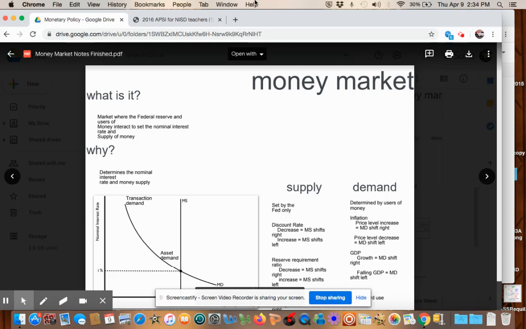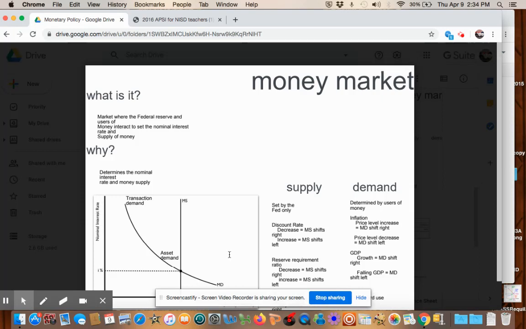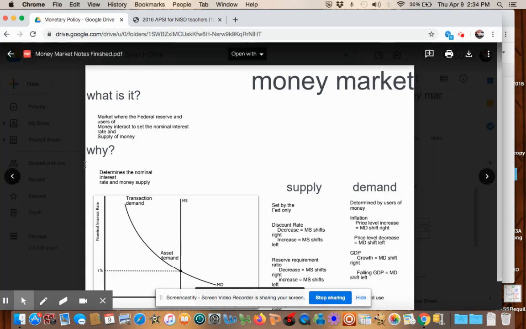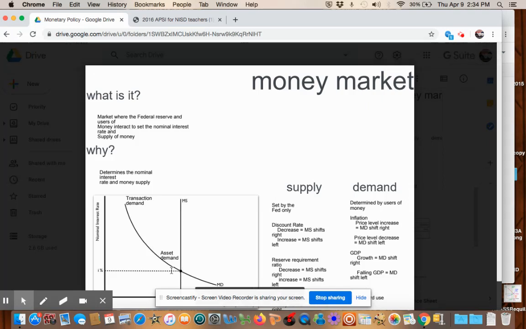So if we look here, why do we do this? It determines our nominal interest rate, aka how much it costs to borrow money, and the money supply at any given time in the economy. All right, so you're going to have your nominal interest rate over here on the y-axis. On the x-axis, we're going to have quantity of money. Your money demand curve is downward sloping, and that's because as the nominal interest rate decreases, people are more likely to hold money. Either they're more likely to take it out in the form of a loan, or they're less likely to keep it in the bank to earn interest, because as the interest rate goes down, your opportunity cost for holding money in your pocket instead of a bank account